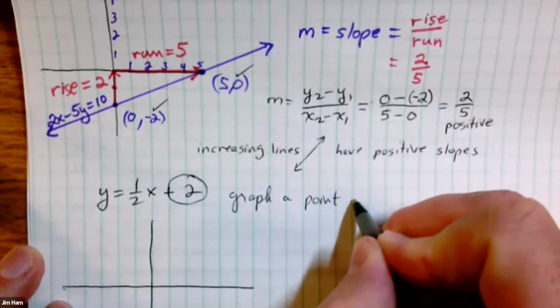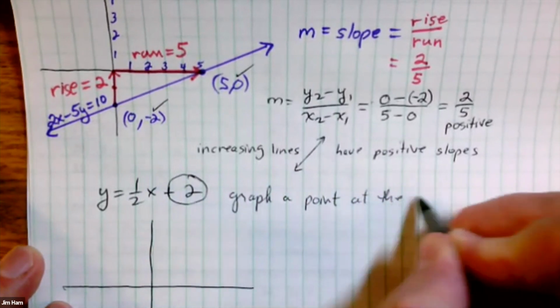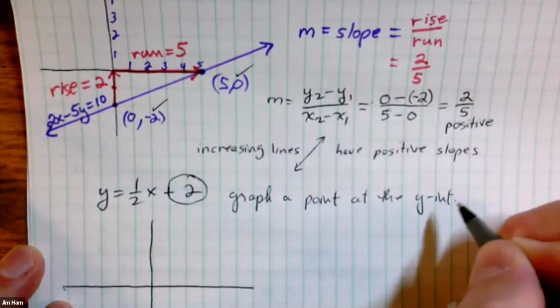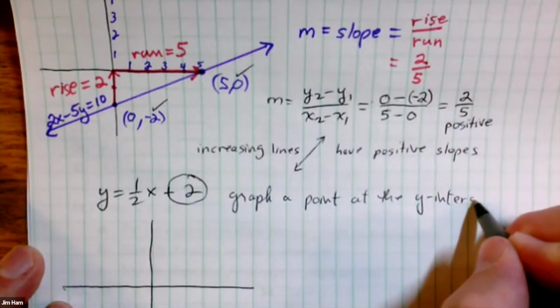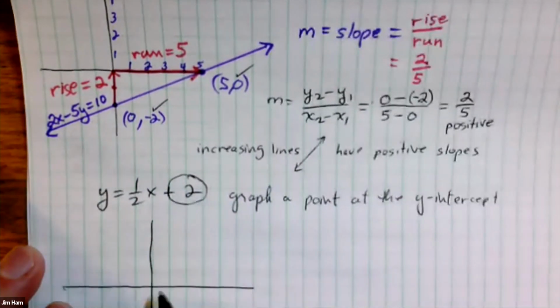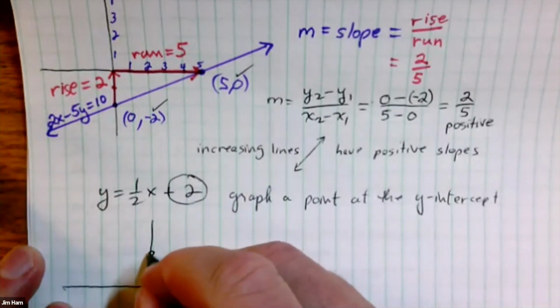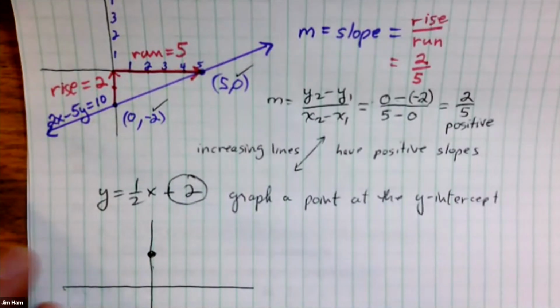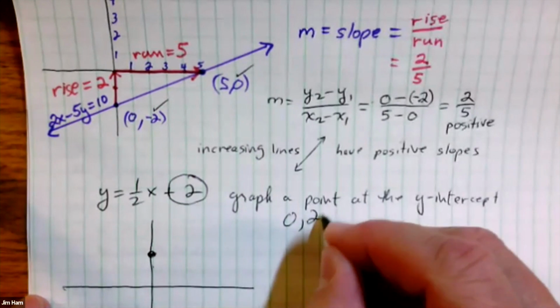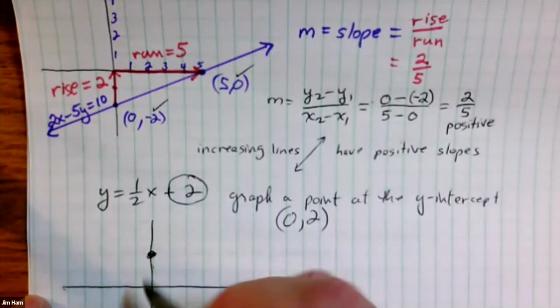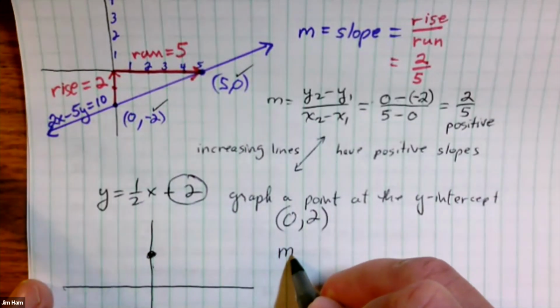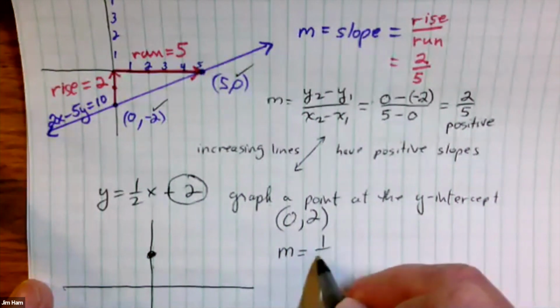So we're going to graph a point at the y-intercept. We know this point is on our line, so why not graph it? So 1, 2, it's on the y-axis. The y-intercept will always be a point on the y-axis. So there's one point, and then here's how we're going to use the slope in order to find the second